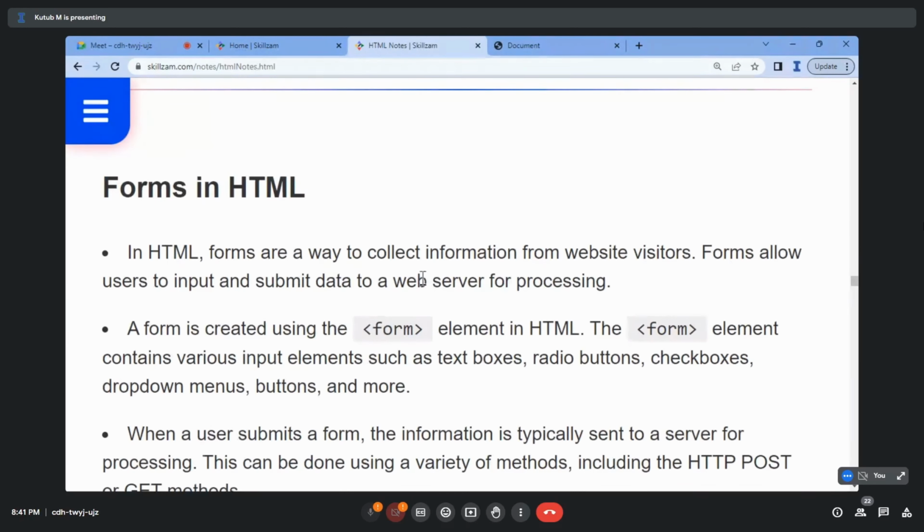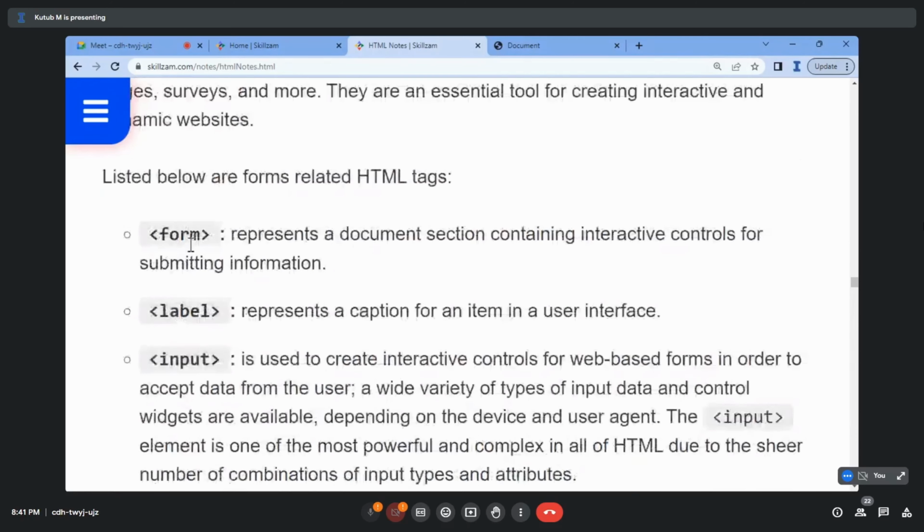A form contains a label, and it also contains a tag called input. Let's take it one by one. So now, how can we create forms? Forms can be created using the form tag. It represents a document section containing interactive controls for submitting information. And there is another tag in forms, which is called label, which is nothing but a caption. Caption in the sense, like for example,